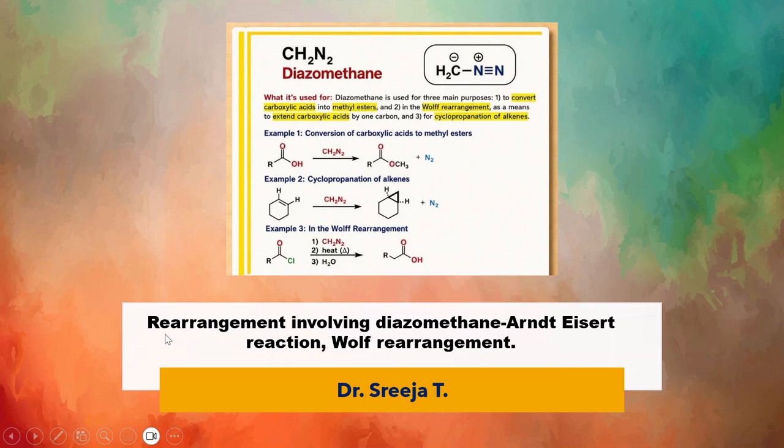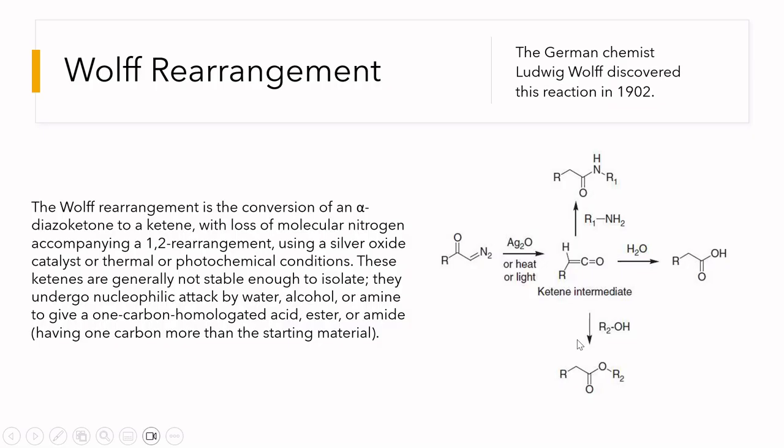Dear students, today we will be discussing two rearrangement reactions involving diazomethane, CH2N2. First is the Wolff rearrangement and Arndt-Eistert reaction. So first, coming to Wolff rearrangement, it was discovered by the German chemist Ludwig Wolff in 1902, and it involves